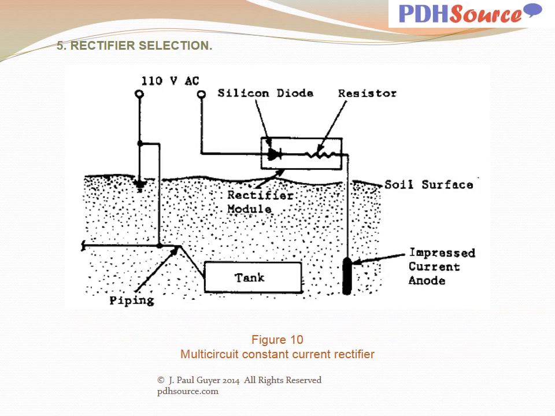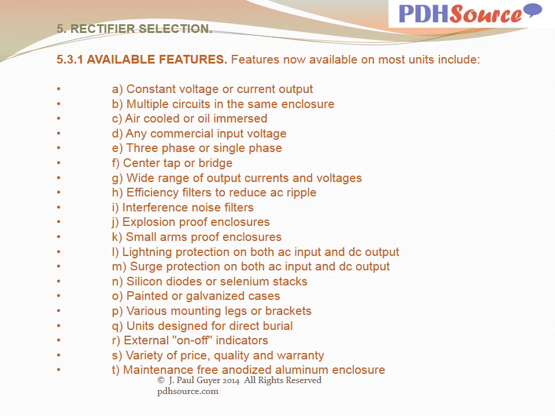Figure 10 indicates the multi-circuit constant current rectifier arrangement. Available features on these units include constant voltage or current output, multiple circuits in the same enclosure, air-cooled or oil-immersed, commercial input voltage, three-phase or single-phase, center tap or bridge, wide range of output currents and voltages, efficiency filters to reduce AC ripple, interference noise filters, explosion-proof enclosures, small arms proof enclosures, lightning protection on both AC input and DC